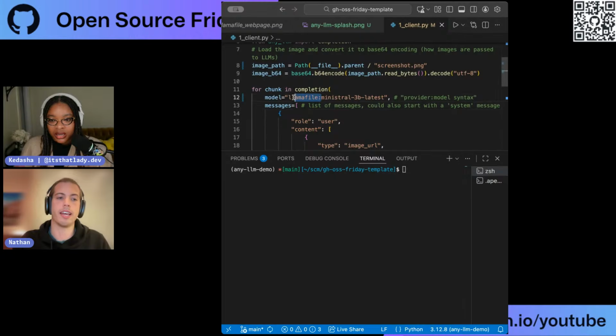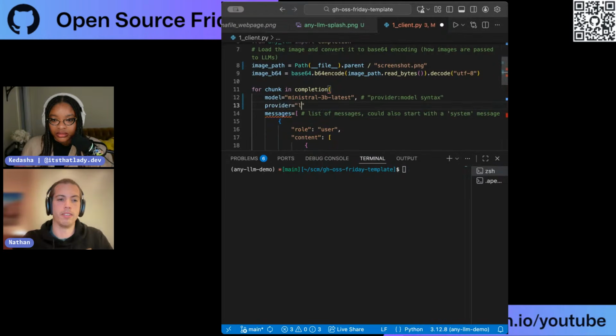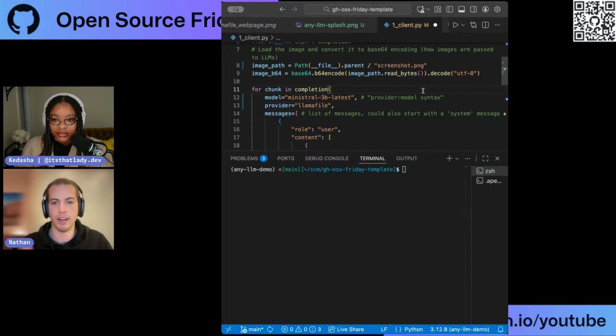What I could have done instead is put the model here and then put the provider here. So we give you a couple of different ways to specify the provider and model. But what we do is we have our logic to figure out which part is the provider and which part is the model ID. And then in the any-llm code, we load the module for that provider. So if you're using Mistral, we have the Mistral SDK that we load at runtime when we decide that you need it.